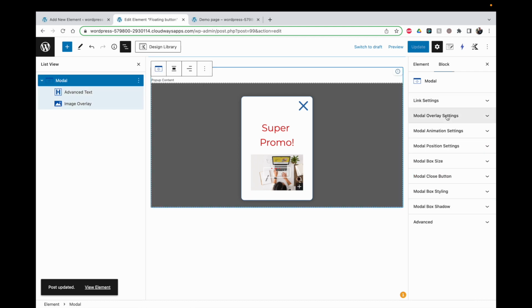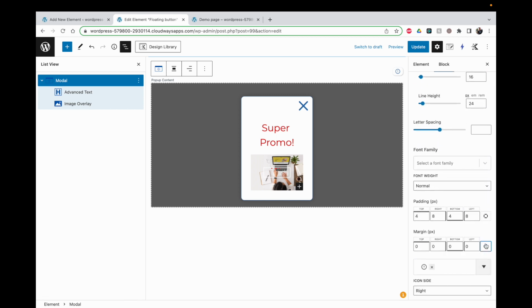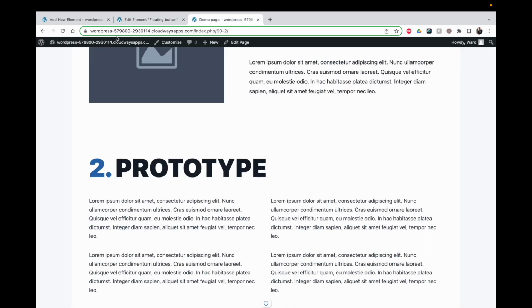And then we have to also put a bit of margin here on the bottom. Let's click on this one, so it's on the right side. I want maybe 30 pixels, and on the bottom 30 pixels also. Click on update, and if we refresh, it should look already better now. Now you see it's 30 pixels from the right, 30 pixels from the bottom, and if I click on it,